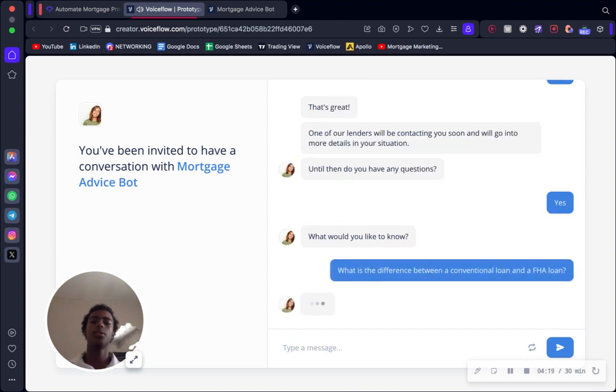And again, I'm going to show you how I built this out in the back end on VoiceFlow, what exactly the flow looks like, how it actually responds to these questions, and what the knowledge base actually looks like as well. But right now, it's just thinking. It's searching the knowledge base. What's the actual difference between conventional and FHA loan? It might be a little slow because of the video sharing platform I'm on, but